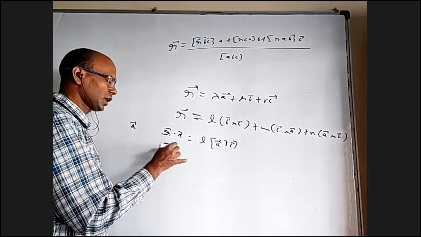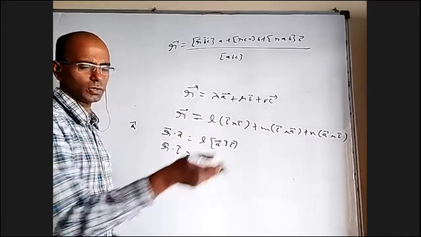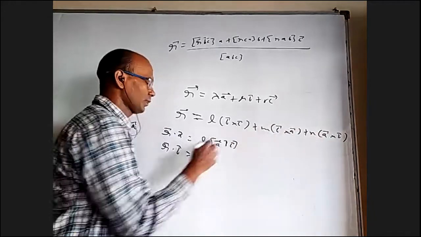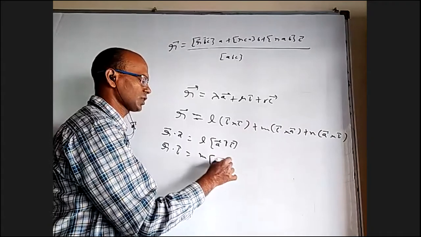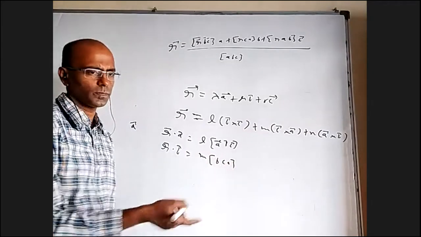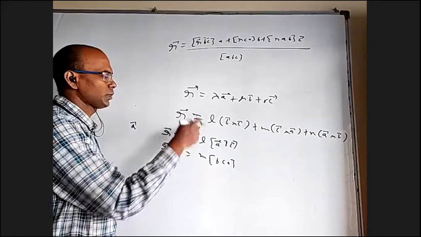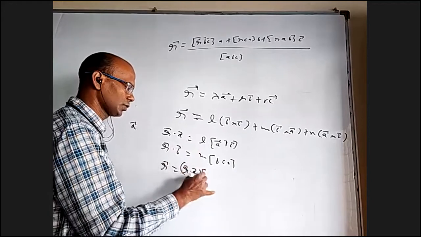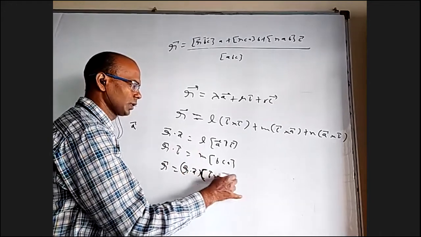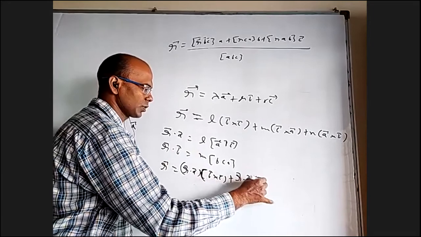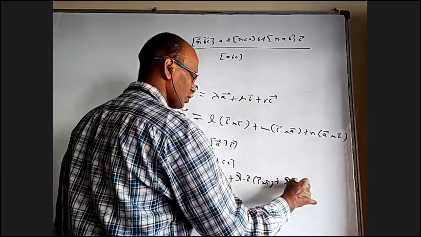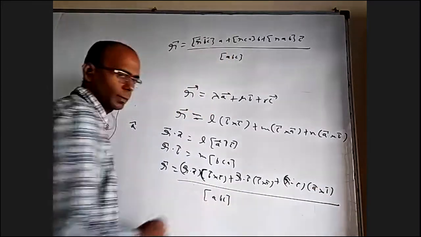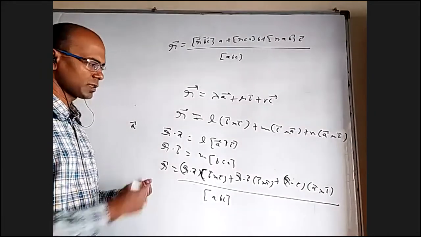When you do the dot product with B, R dot B, this will be 0 because B and B cross C are perpendicular. This is also 0. I'll get M into B dot C cross A, box BCA, in cyclic order also box ABC. Similarly for C. So when you put that L, M, N back, you'll get R bar equal to R dot A into B cross C, R dot B into C cross A, and R dot C into A cross B, whole by box ABC. You can bring that box ABC this side and you got a result.